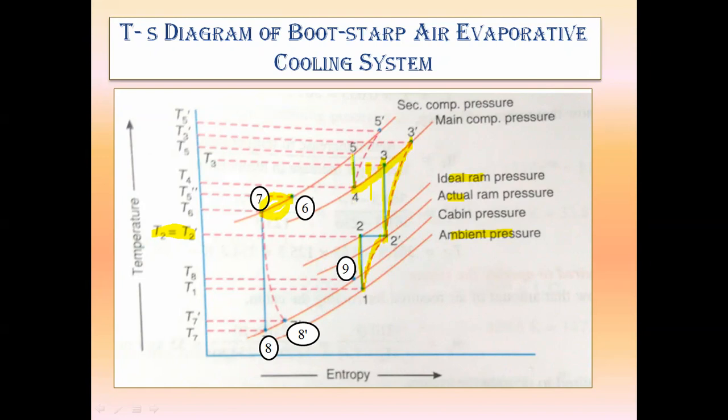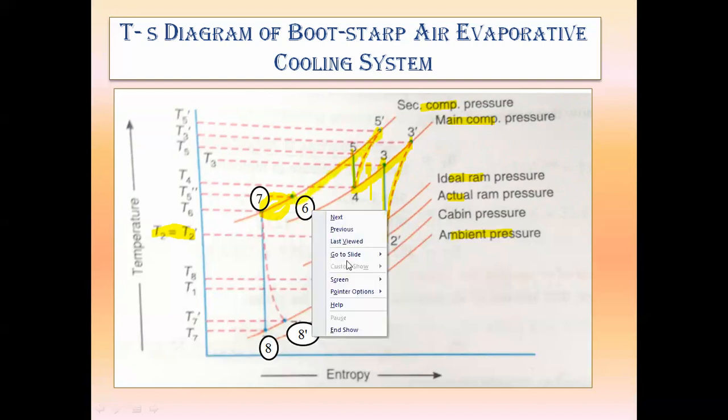Again the 4 to 5 process takes place inside the secondary compressor, where pressure increases from delivery pressure 1 to delivery pressure 2. So 4 to 5 is compression inside the secondary compressor. Pressure increases from PD1 to PD2, and this would be the ideal, isentropic compression process, but actually that process is 4 dash to 5 dash. The outlet of the secondary compressor is supplied to the second heat exchanger, and inside the second heat exchanger heat rejection takes place up to point number 6.